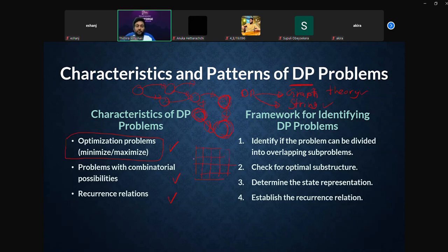Optimization problem means where you have to find, like, the minimum path distance or the maximum profit that can be earned. That kind of situation, you can use dynamic programming in many cases, right? I don't say you must use dynamic programming, but sometimes you would be able to. Let's say another kind of problem, that is